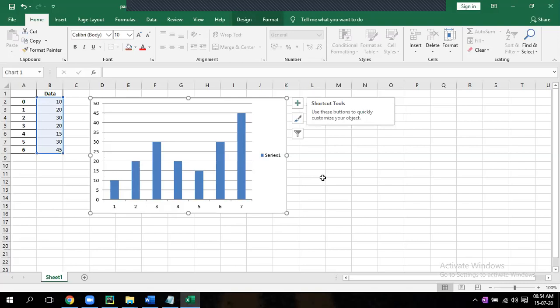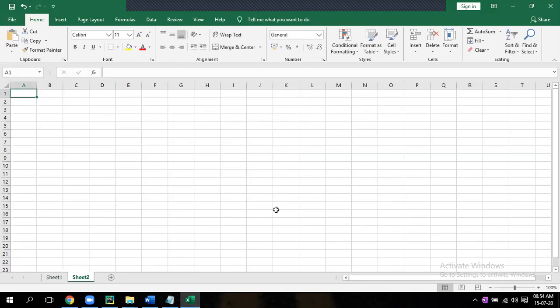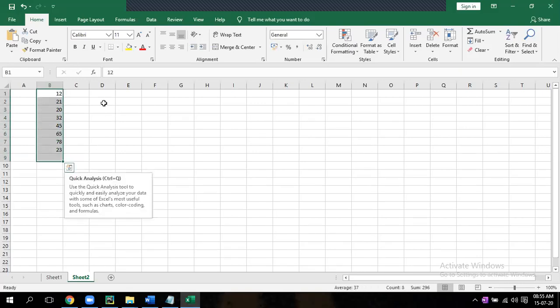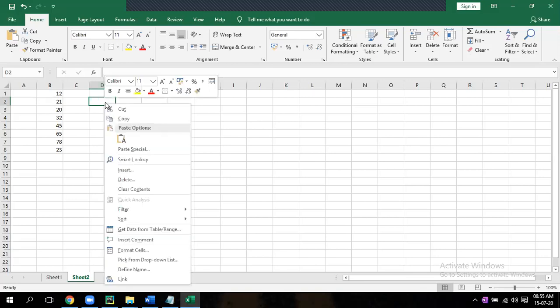If you are familiar with Excel, you can do the charts easily. You open one more sheet, I'll tell you. Open one more sheet. Just write 10, 20, 30, 40 in D2, 10, 20, enter. Give some values, column 1. Same thing you do. That's it. Now come to D2. Don't do anything. Otherwise, select all the numbers.